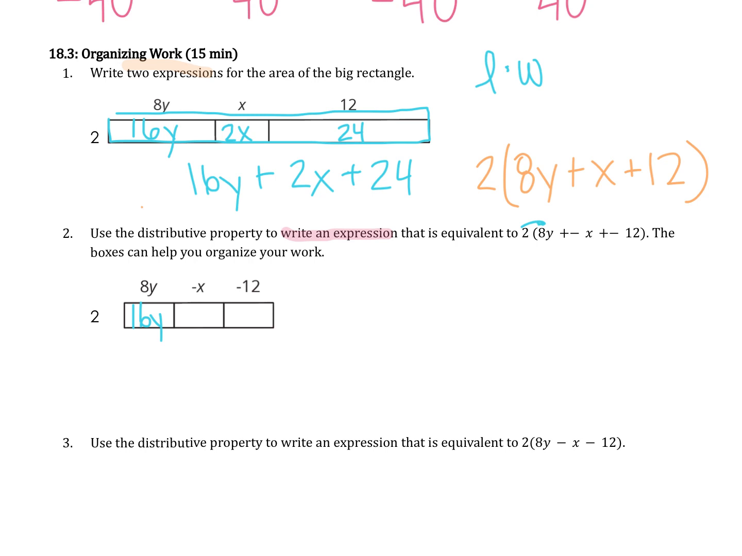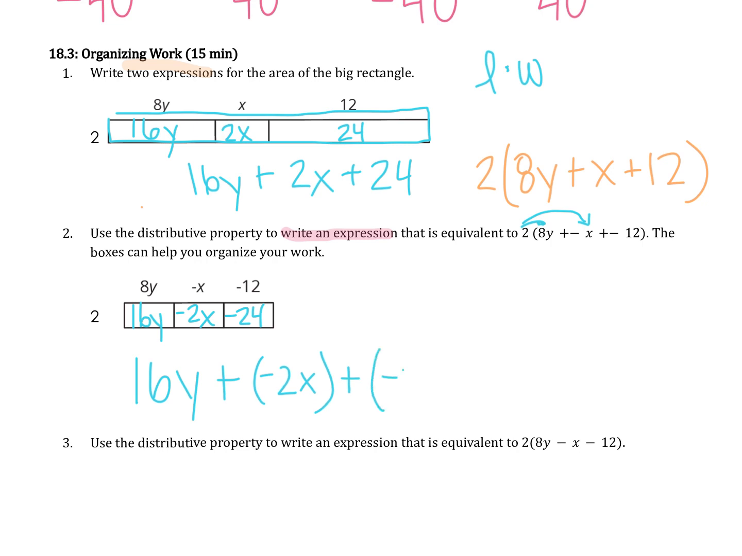And if I do 2 times negative x, well, 2 times x is 2x, but I have a positive times a negative, so it's going to be negative 2x. And if I do 2 times negative 12, that is negative 24. And now I just need to write the expression, adding them all together. So 16y plus negative 2x